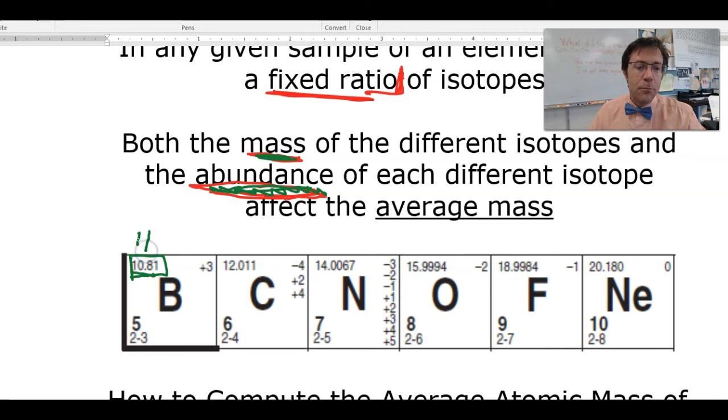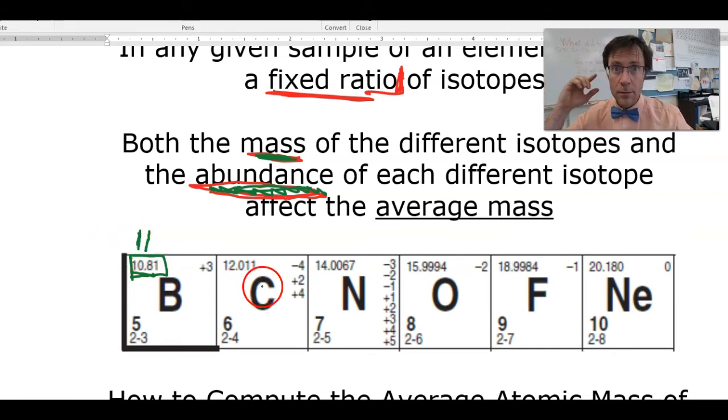So we know that the most common isotope for boron is probably 11. So in any sample of boron, the isotope that has the greatest percentage is probably going to weigh 11. And if you look at carbon, remember there was carbon 12, 13, 14? The vast majority of all the carbon atoms are really close to 12, because the average is 12.001. Same thing for nitrogen. Nitrogen is very, very close to 14. That is the most abundant isotope of nitrogen. And carbon,